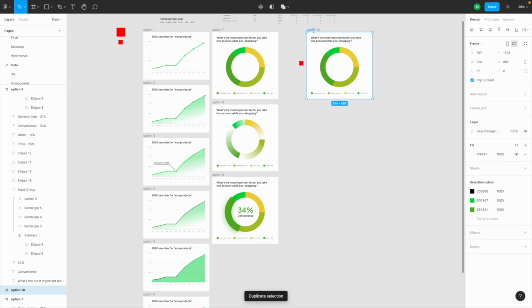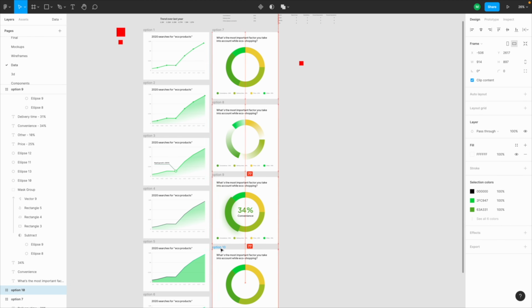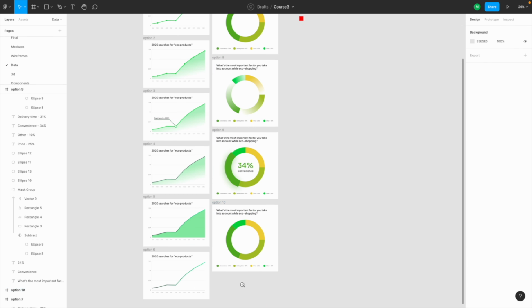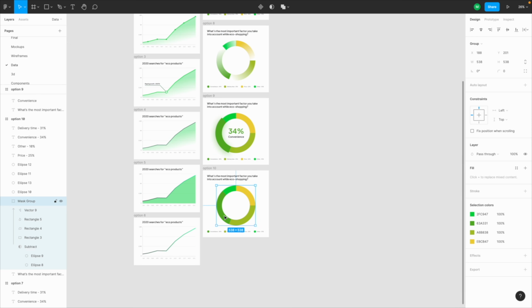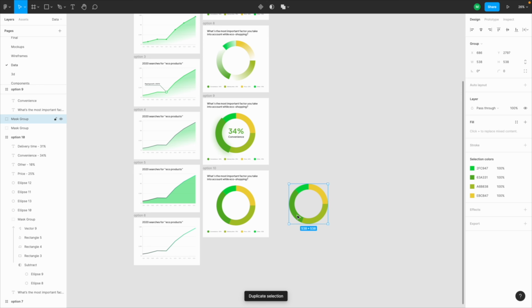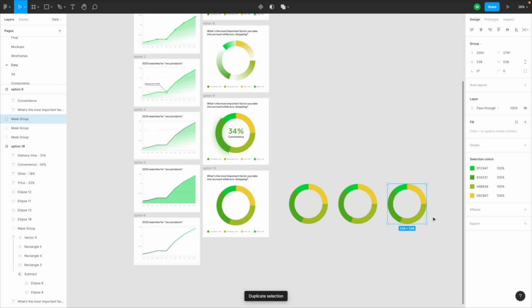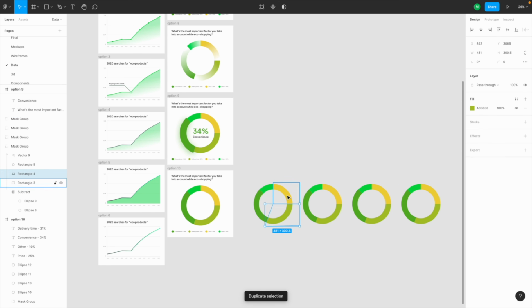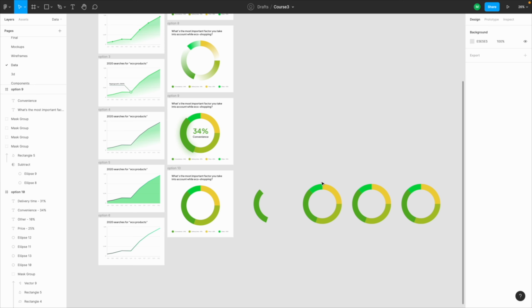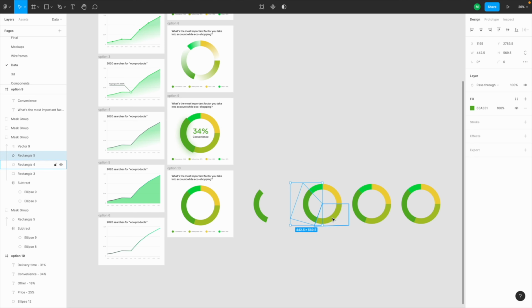Okay, let's duplicate it again and make one more option. This time it's going to be an option with white gaps in between the elements, and you can do it in two different ways. The first way is to simply draw thick white lines, and it's probably the easier way. But if you want to have your pie chart on a transparent background, then the way that I'm showing here